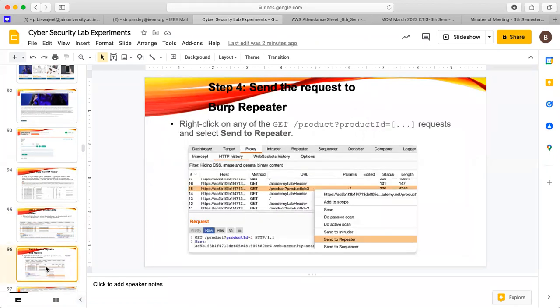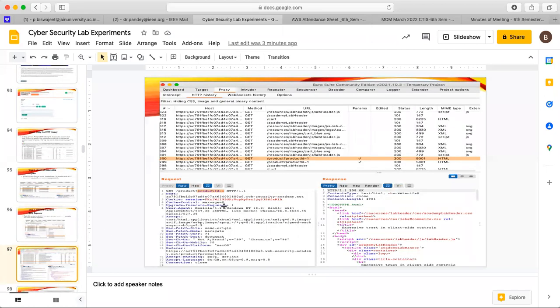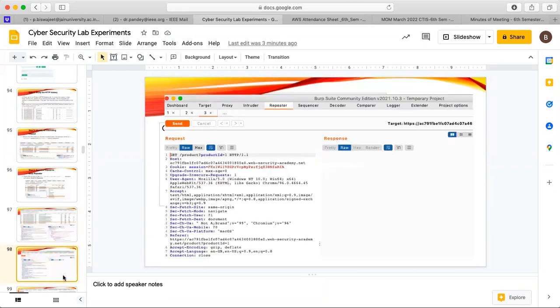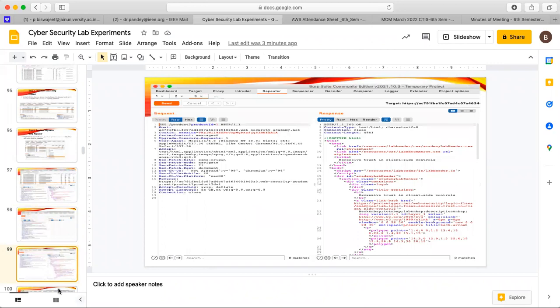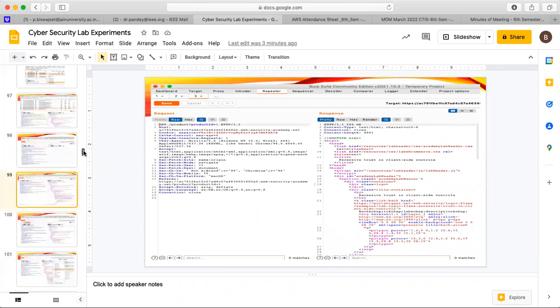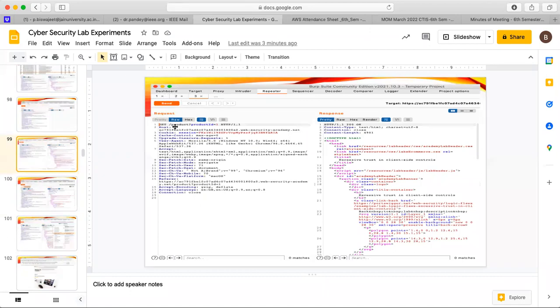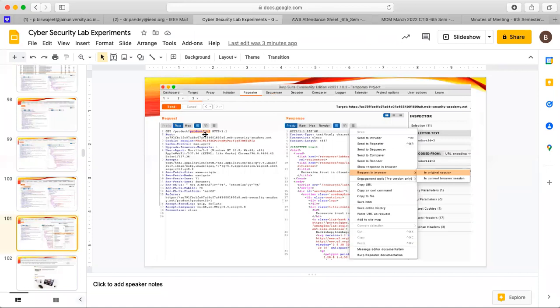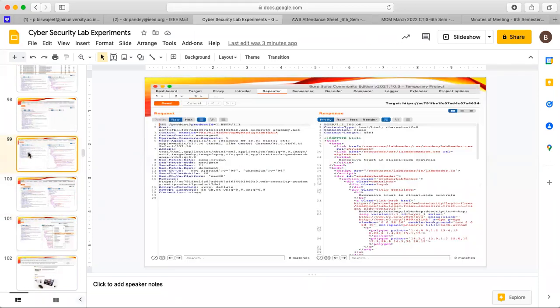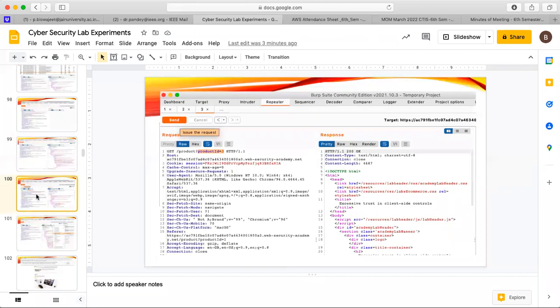Then right click on any of the GET product ID requests and we can select Send to Repeater. Here we will try to change the 1 to 3, and we can write here because it is in editing form. When we just click Send, it will just fill the response. But when we change the product ID from 1 to 3 and send again,